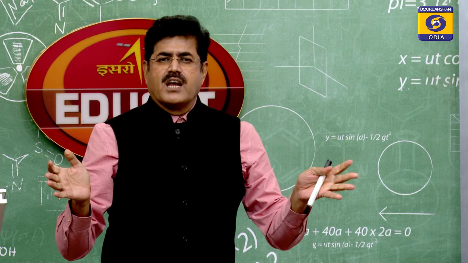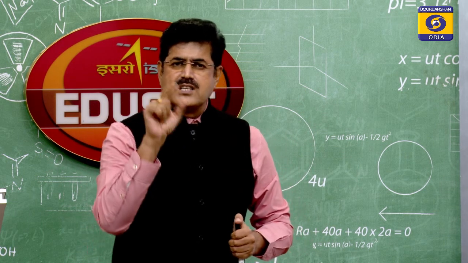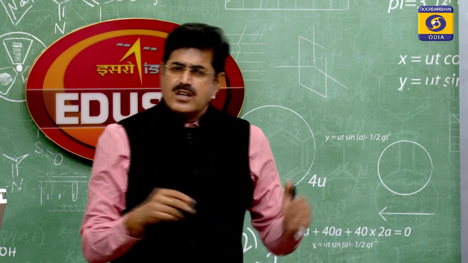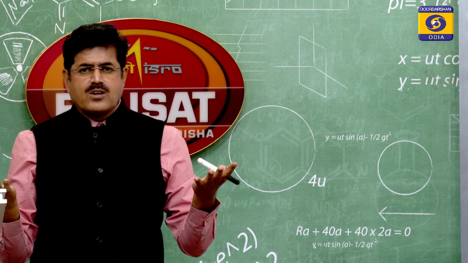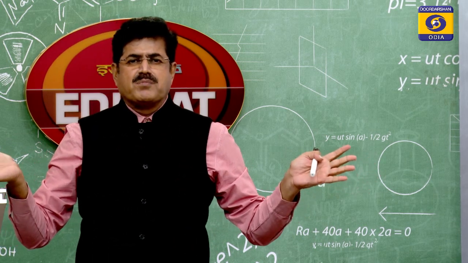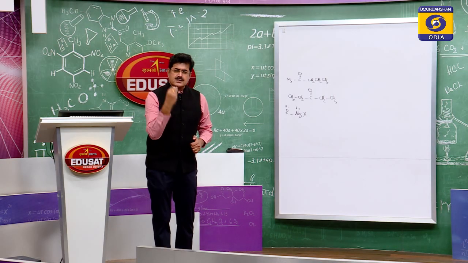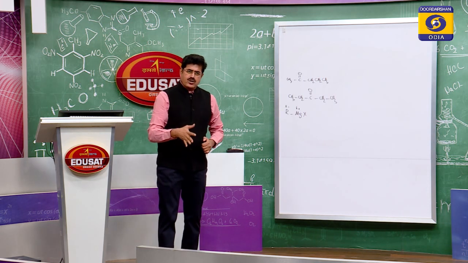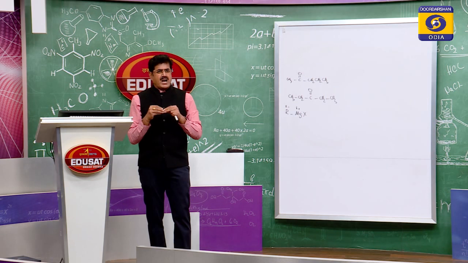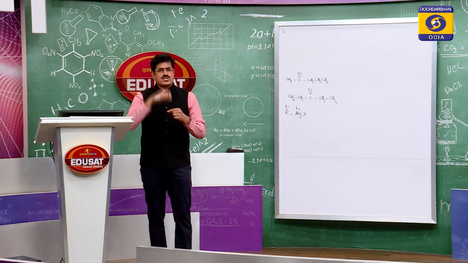So, addition of Grignard reagents to aldehydes and ketones results in alcohol. Now, how many types of alcohol can we prepare? All the three types of alcohols can be prepared by addition of Grignard reagent to carbonyl compounds: primary alcohol, secondary alcohol and tertiary alcohol. Primary alcohol is the alcohol in which OH is attached to primary carbon, for example, methyl alcohol, ethyl alcohol. Secondary alcohol, OH attached to secondary carbon.